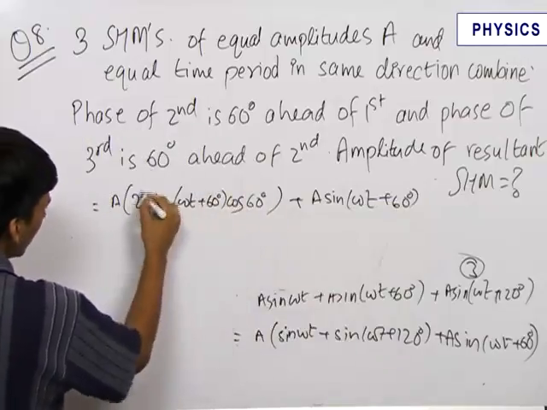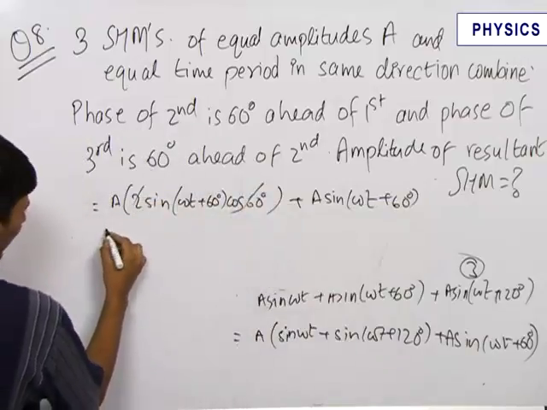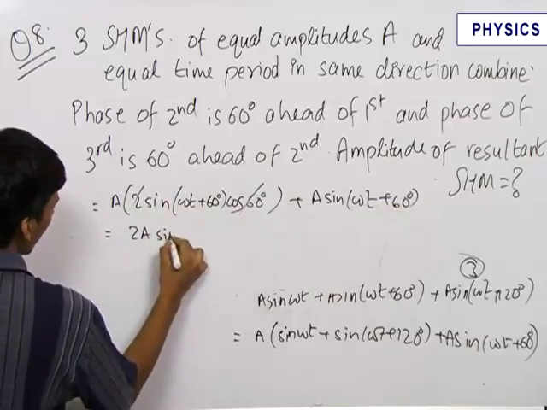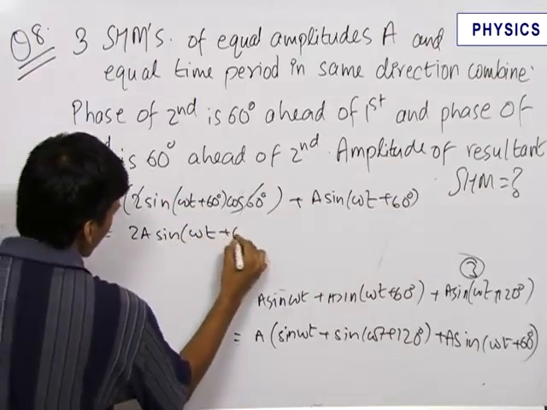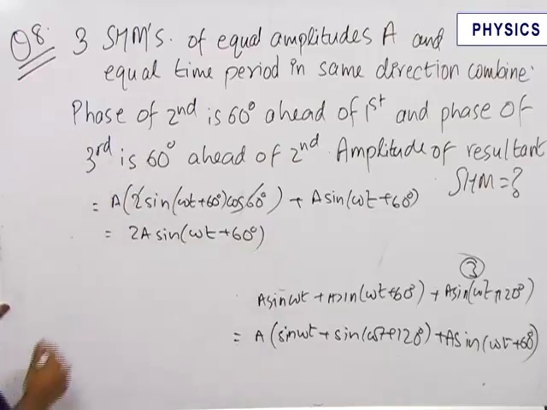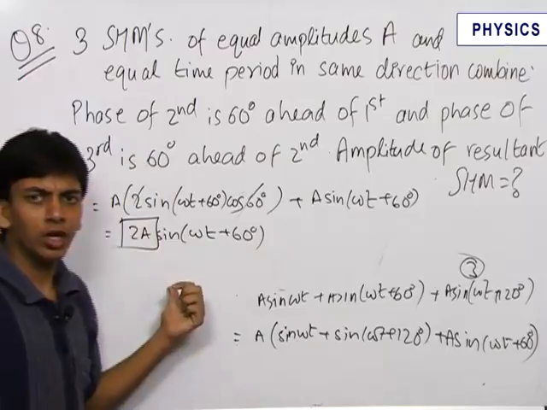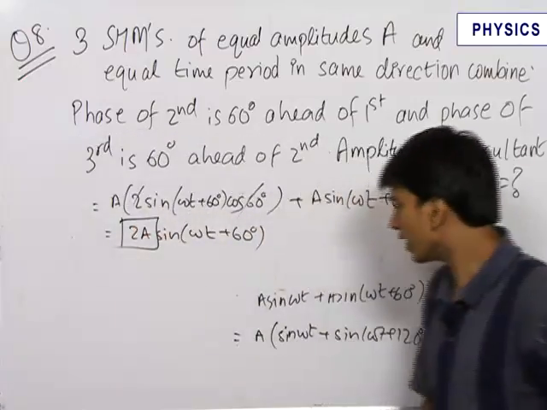Now this cos 60 cancels with the 2 here, so we get 2a sin(omega t plus 60 degrees). So the final amplitude of the resultant SHM comes out to be 2a,